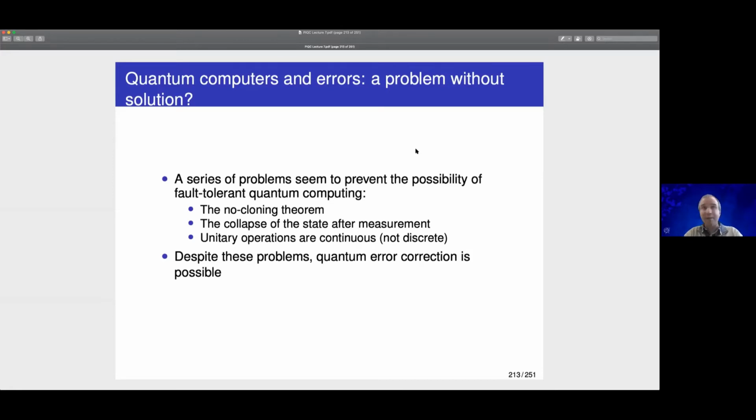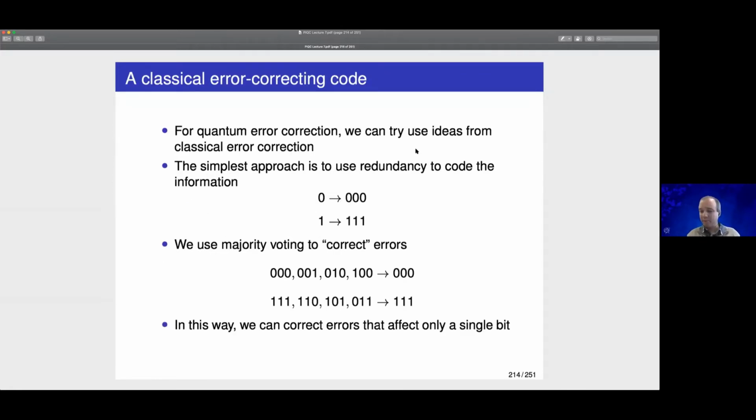I'm not going to give you here the full details of what quantum error correction is, because this would extend for at least 7 lectures or more. This would deserve a course on its own, but I want to give you at least the taste or the flavor of what you can do